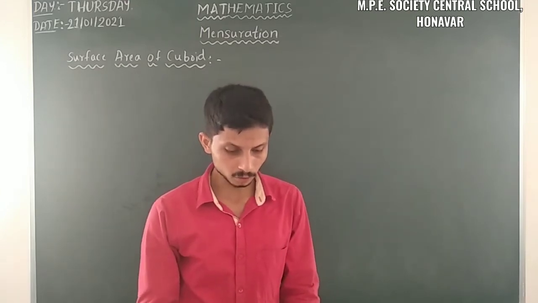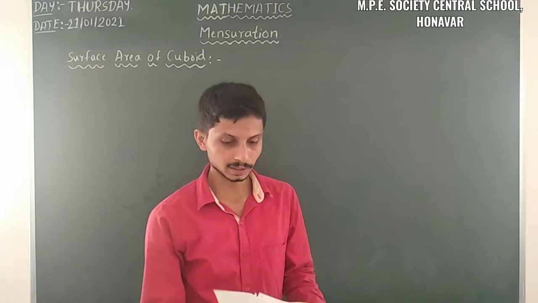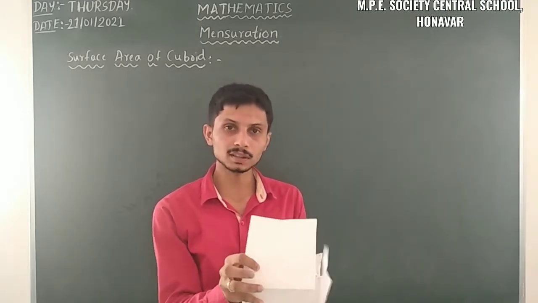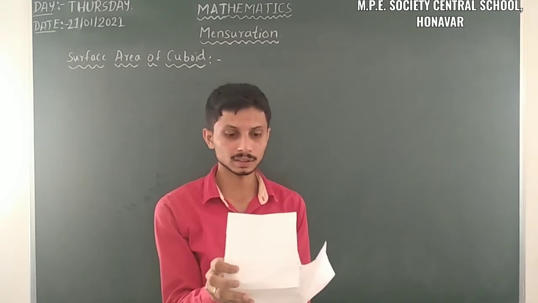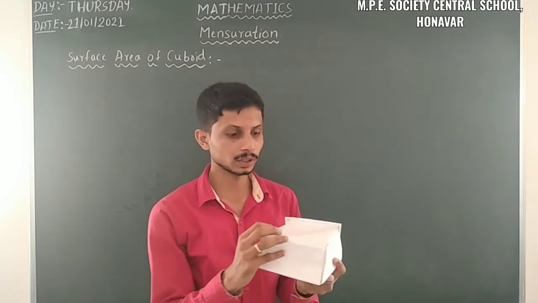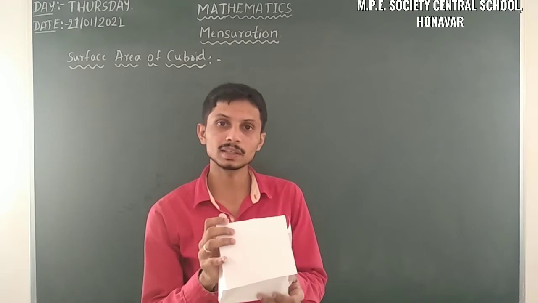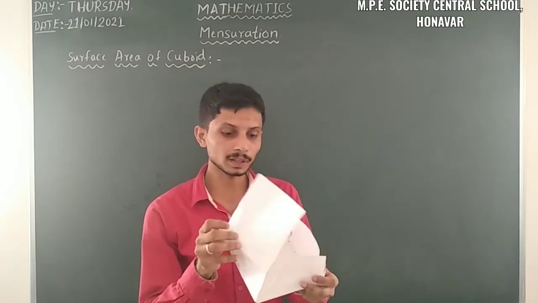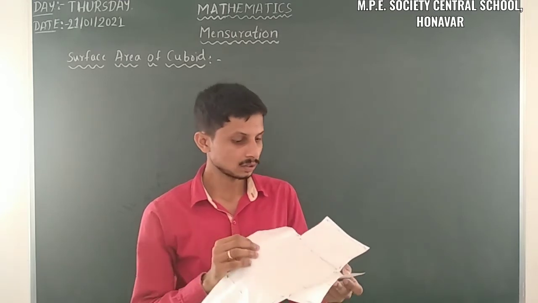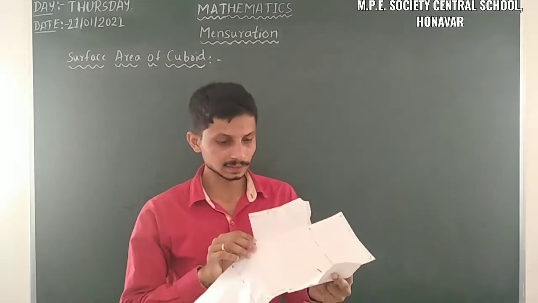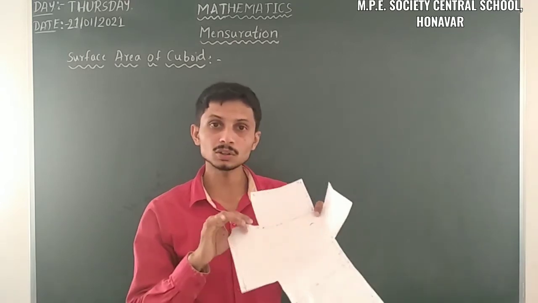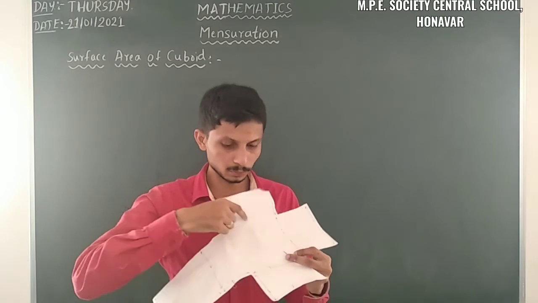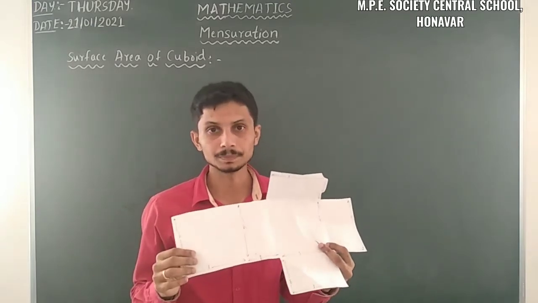Let us take one cuboid here, and consider it a sweet box. It is completely closed. It is a sweet box of cuboidal nature. We can open it like this, easily. Just observe, when we open this one we have the 6 faces: 1, 2, 3, 4, 5, 6 faces are there.